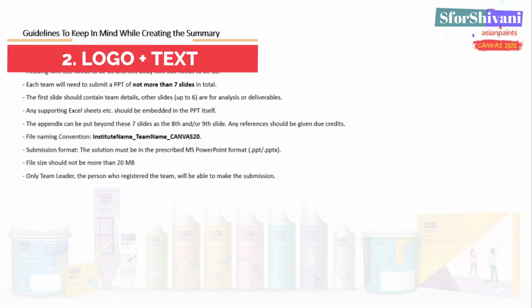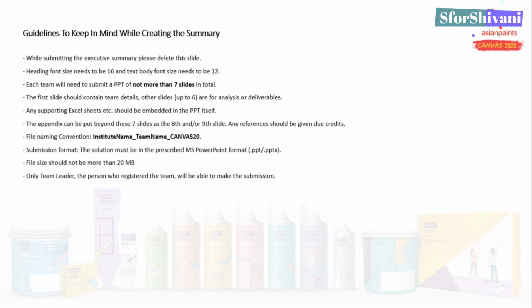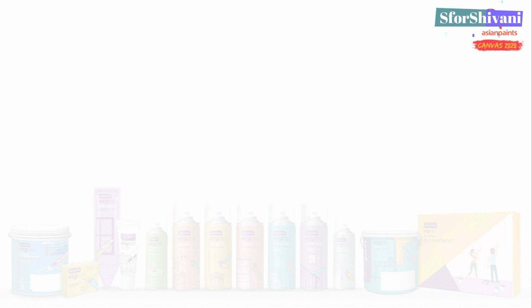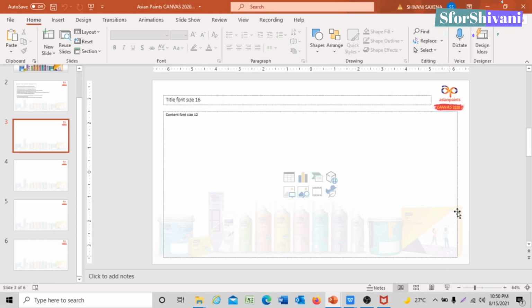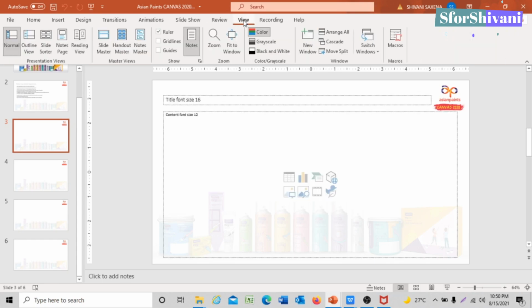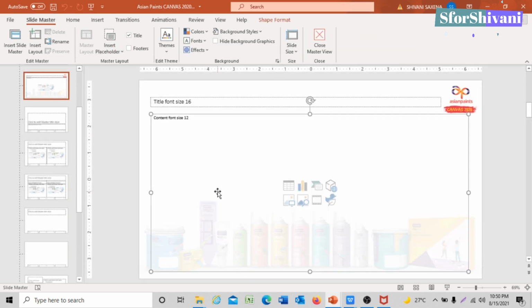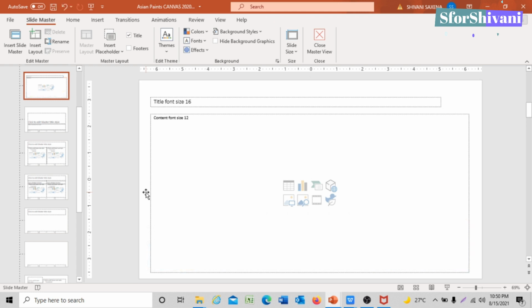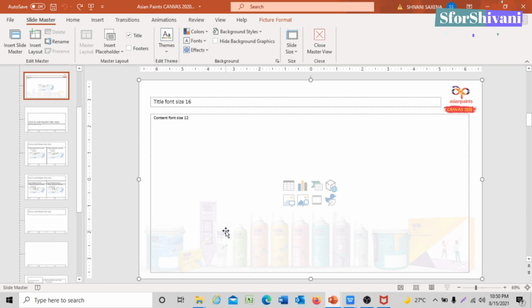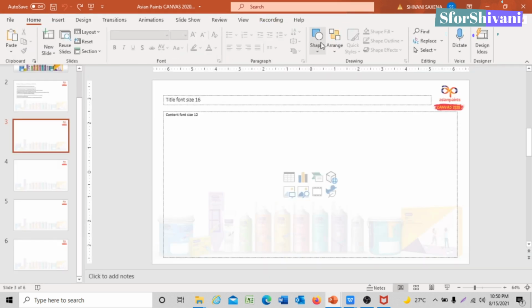The logo and text. So here again, you can keep the slides very minimalistic. You just have to use the logo of the company and one or two products of the company in the backdrop. So the presentation that you can see on the screen right now is the one that was sent by Asian Paints, and the participants just had to fill their answers in this. Now, if I go to Slide Master, you will see how this was created. So at times the companies add the logo and their background theme separately, and that you can take from the Slide Master. But in this case, it is just used as one image.